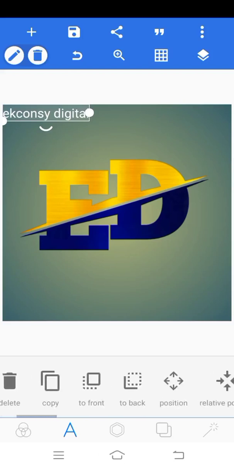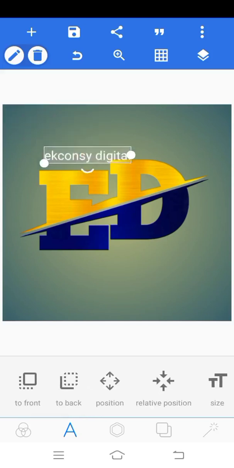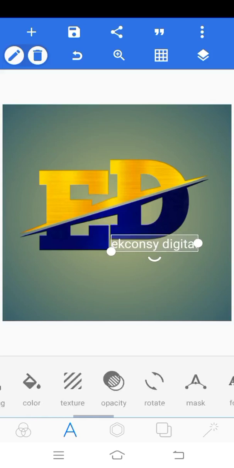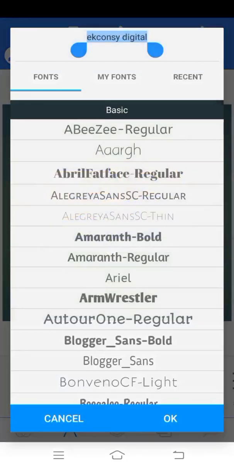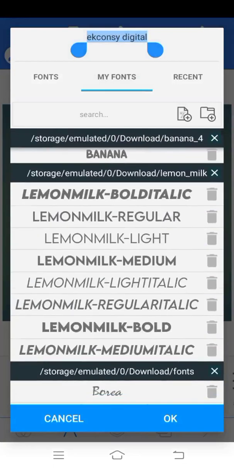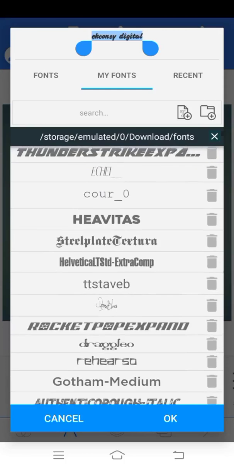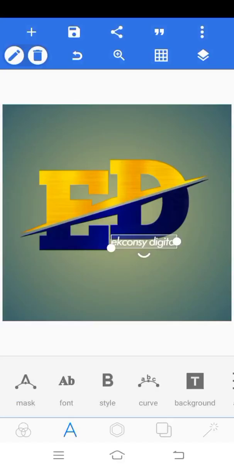So just bring it down here. I want to position it here. I'm just designing it as my logo. So pick a font, a suitable font, and then I will be able to... so I pick this. Let me say I pick this, then